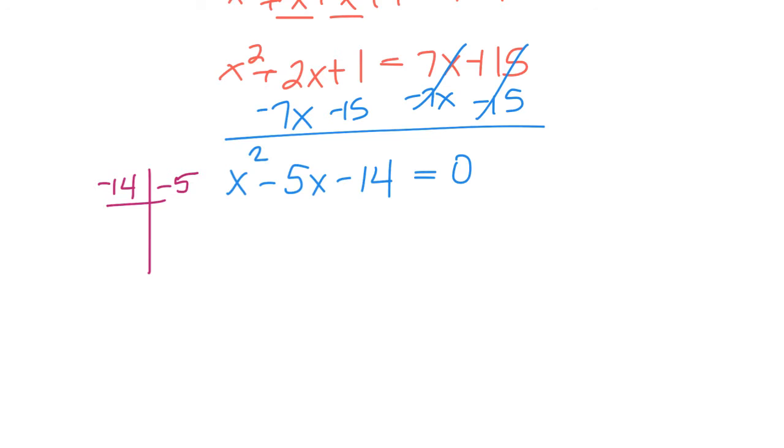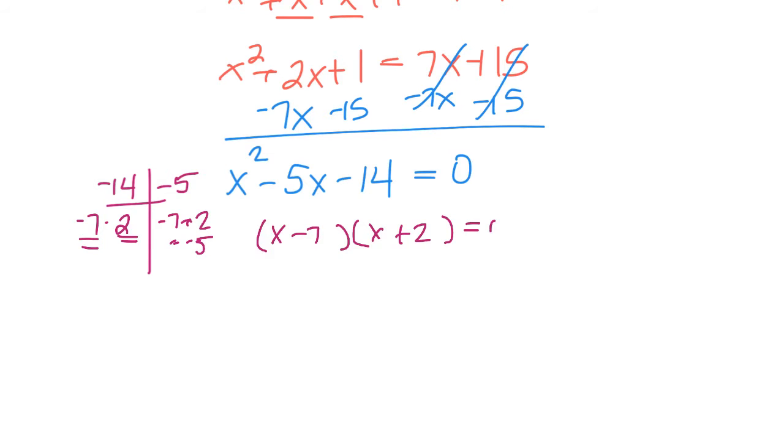The two numbers that are going to do that are -7 and 2. When you multiply -7 and 2, you get -14, but if you add them, you end up with -5. Since A is a 1, we can use our shortcut factoring for this example. So we can go ahead and set up our factors. We're going to have x minus 7 in one of the factors and x plus 2 in the other